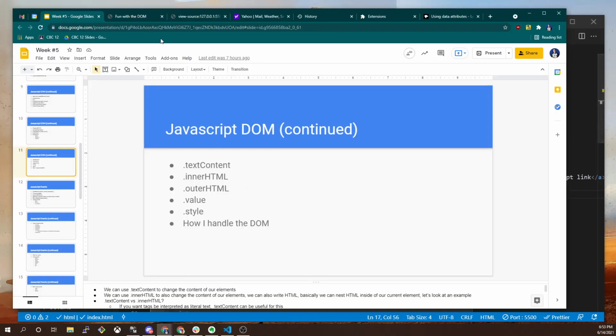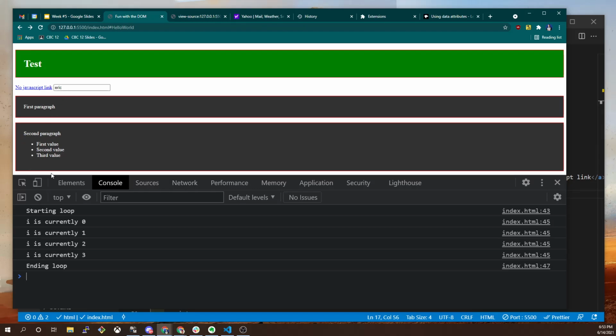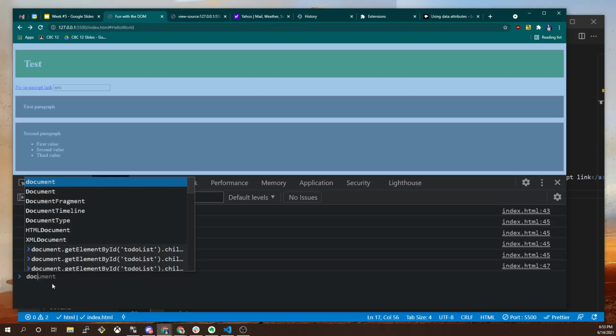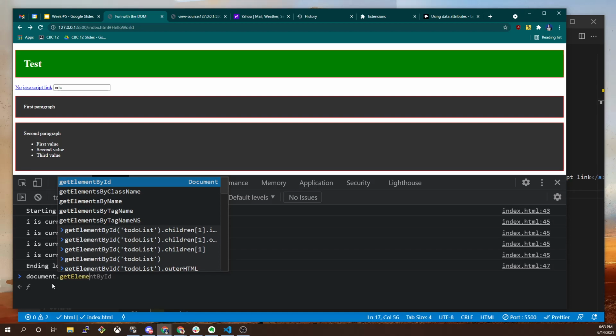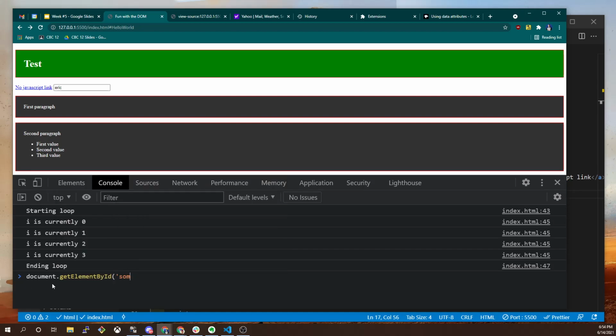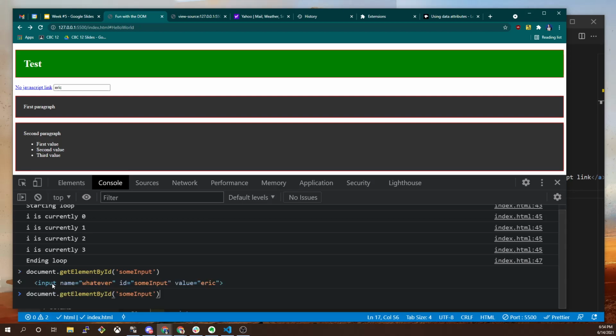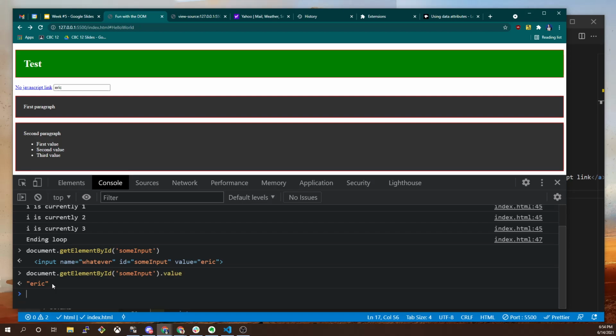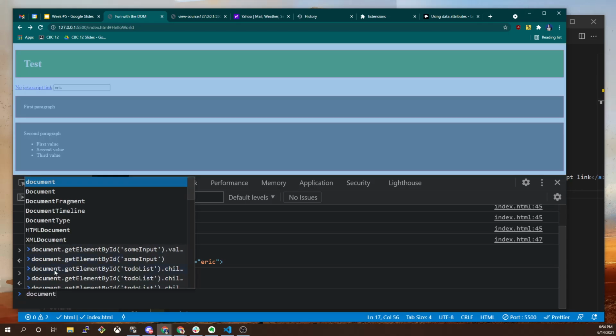We've been learning about form inputs here. If we were doing document.getElementById some input, the other attribute you might access just with the dot notation would be value, which is going to give us whatever the value is. But because value is an attribute as well, you could also access it document.getElementById